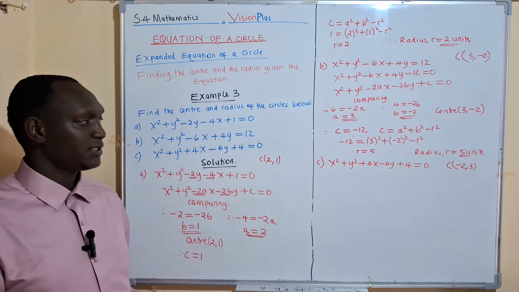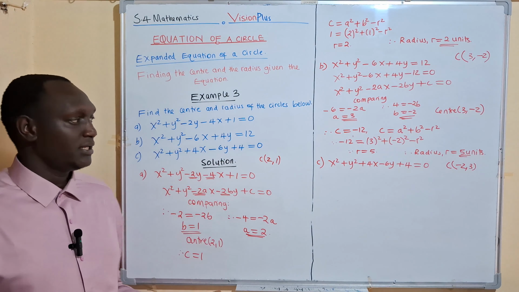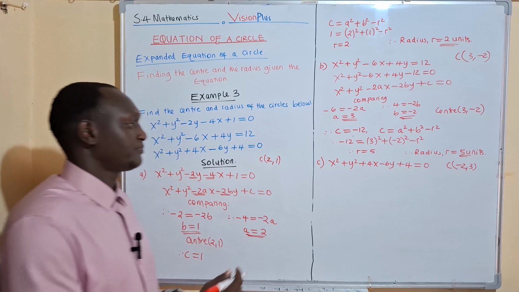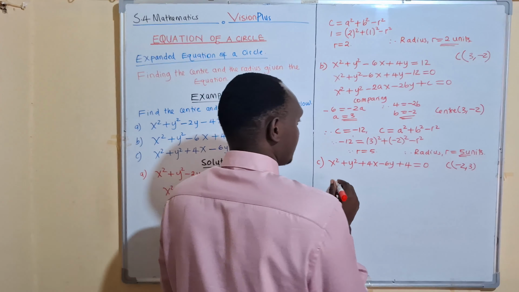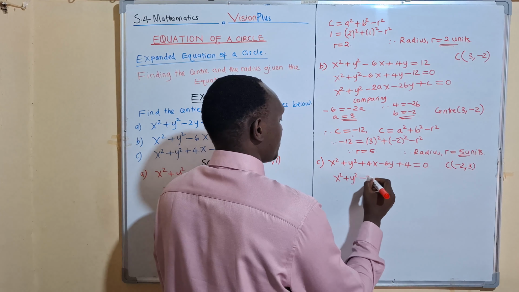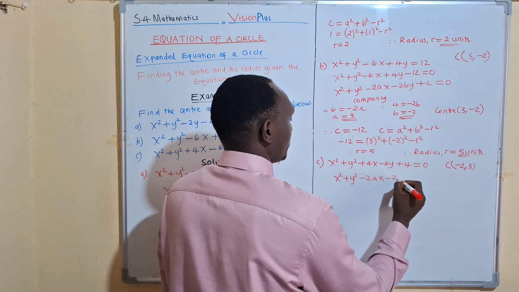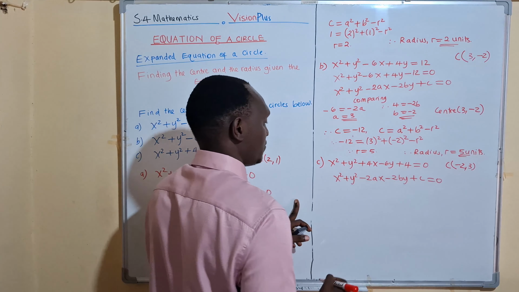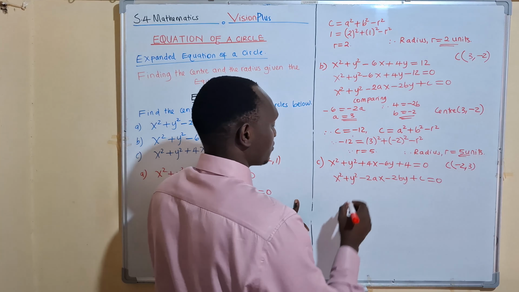These are going to be the coordinates of the center. And if you can do that, you don't even waste time comparing. Just go and say the center is that, and then you find the radius. But for our practice, let's compare it to the equation of a circle given by x squared plus y squared minus 2ax minus 2by plus c equals 0. And then on comparing,